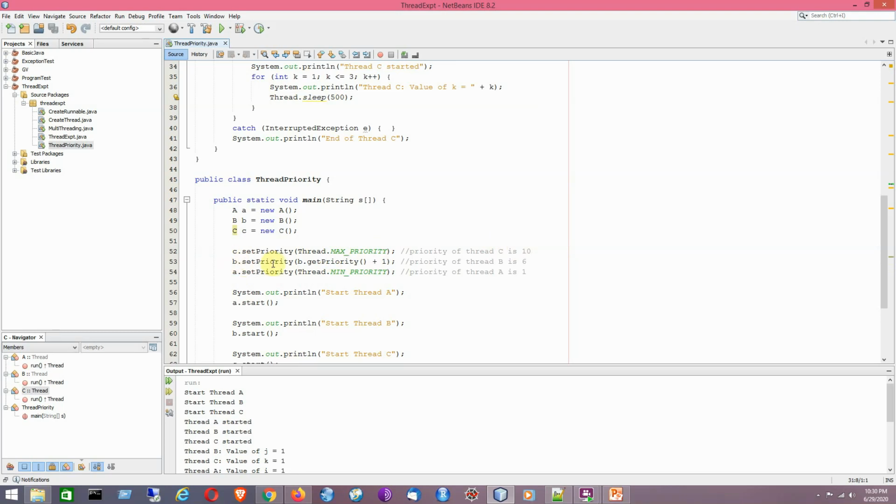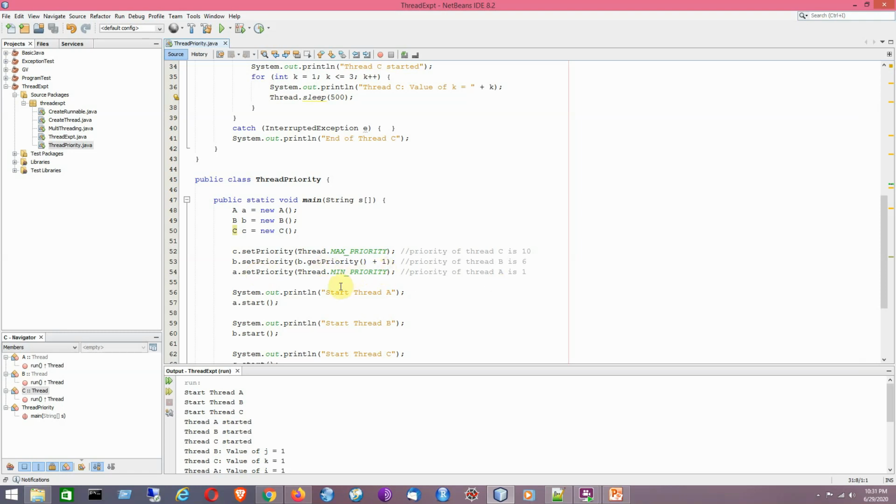For thread B, if I call getPriority, it will give you the NORM_PRIORITY, that is 5, plus 1, 6. And for the thread object A, it is setting the priority value as 1, so it is MIN_PRIORITY.